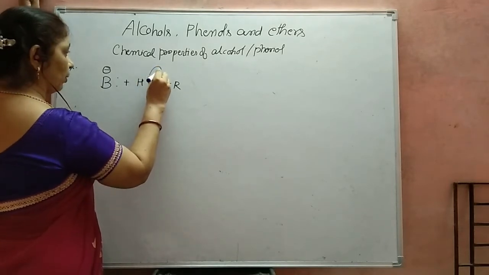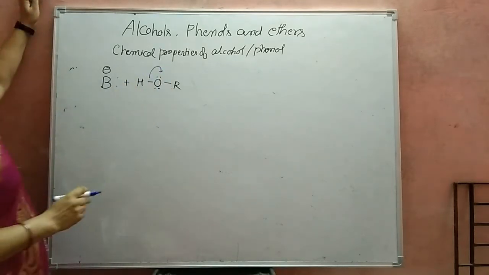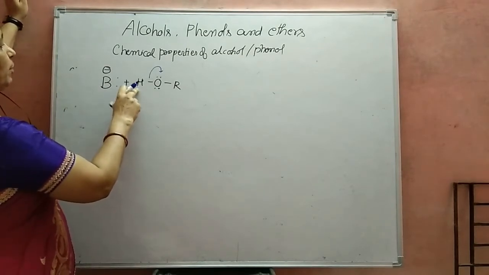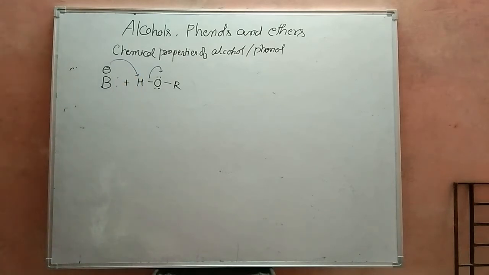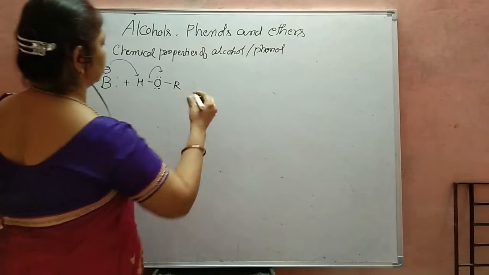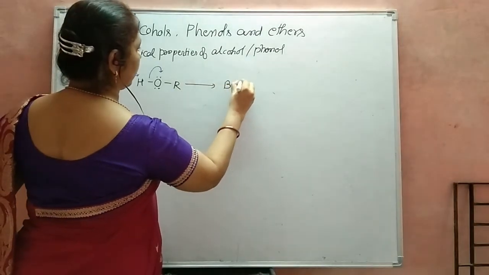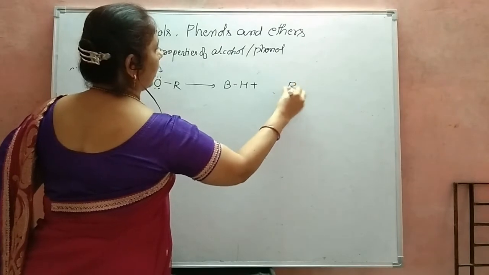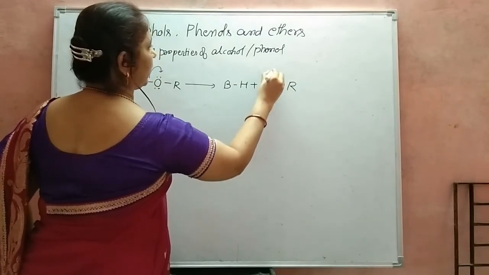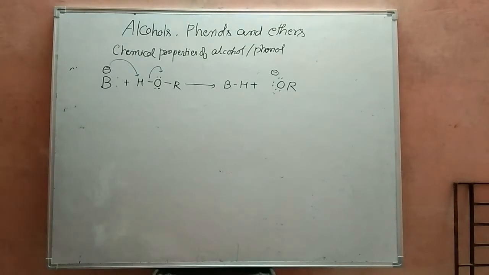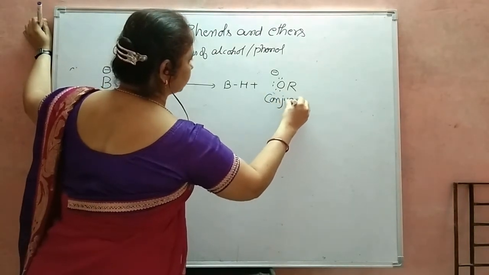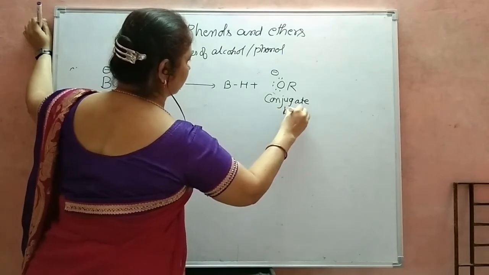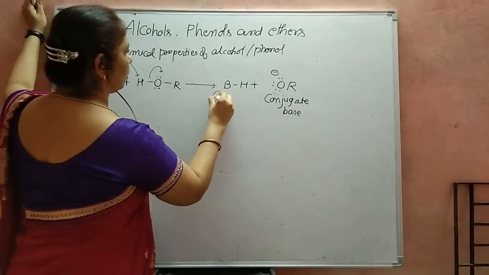Oxygen attracts the electrons towards itself because it is more electronegative. Hence hydrogen becomes positively charged, so the base attacks this hydrogen. So here the compound formed is BH plus RO with a negative charge. That is the alkoxide ion. So alkoxide ion is a conjugate base. BH is a conjugate acid,